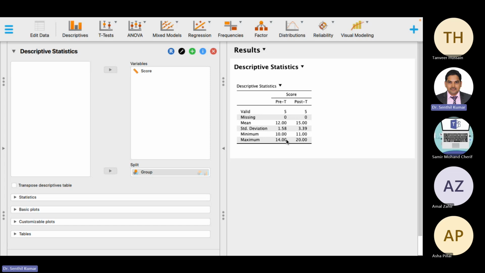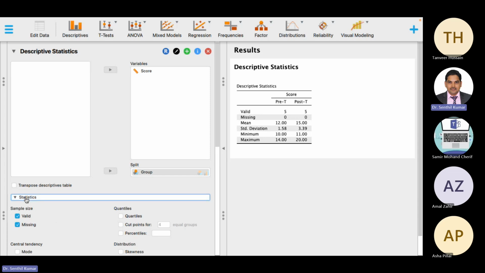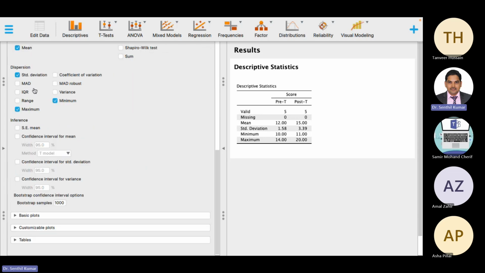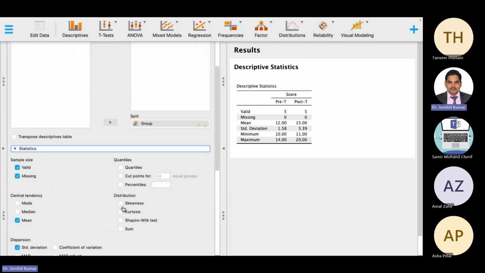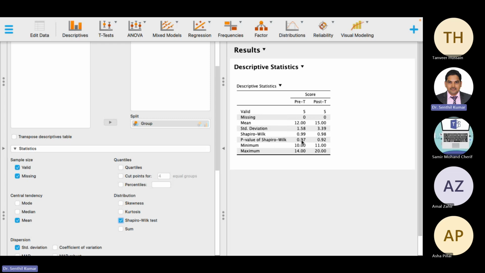dependent samples. So you can see that, but I have not mentioned that, right? Normality test is not there. So I need to go for statistics, open statistics, and select normality. Is that normality? Yes, this one. Distribution. This is whether it is normally distributed or not. So this one needs to be selected. If you select, you will see this more. See